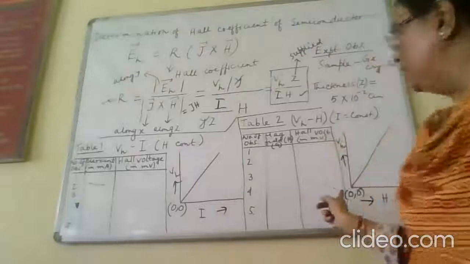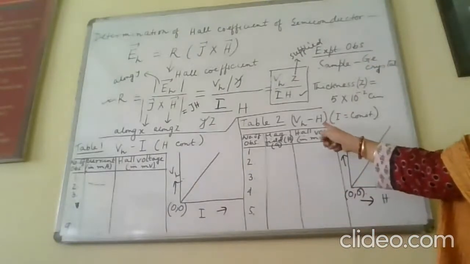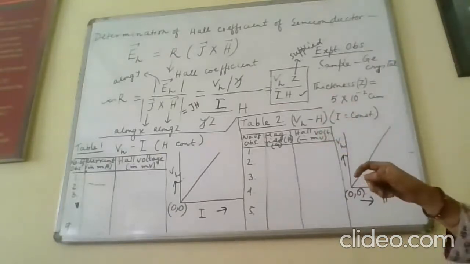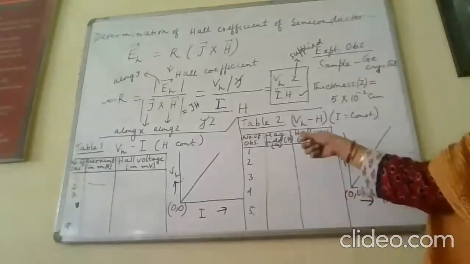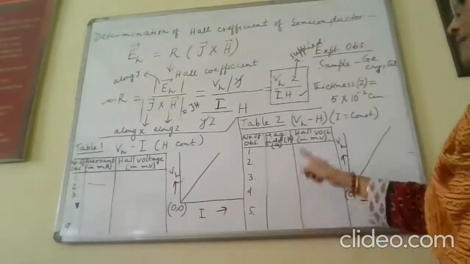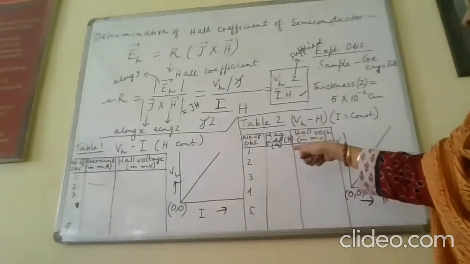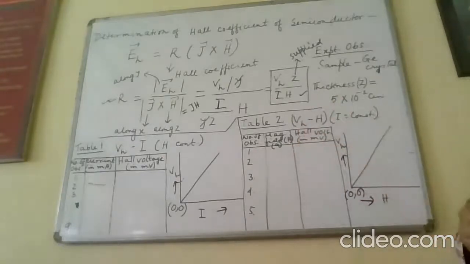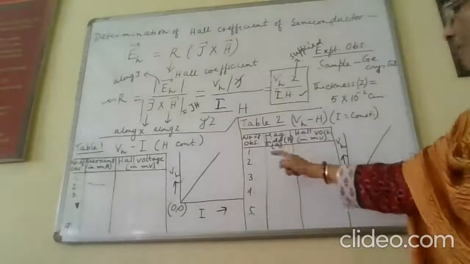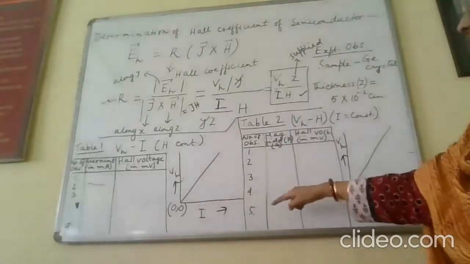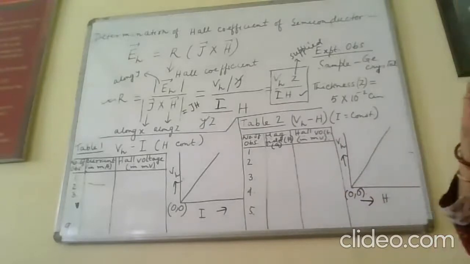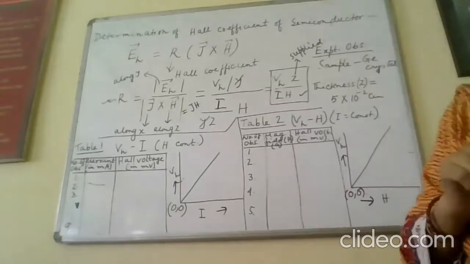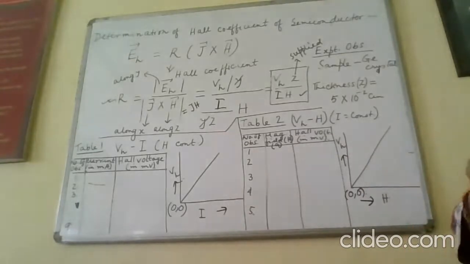And in the second table, we will vary the value of H. So the current in amp, from the constant current power supply, will vary. Accordingly, we measure the Hall voltage, and here we used to take 5 data points, starting with the current to produce the magnetic field of 0.2 amp, then 0.4 amp, 0.6 amp, 0.8 amp and 1 amp. Corresponding magnetic field we will take and then the Hall voltage. Here also we plot the graph VH versus H to get a straight line.